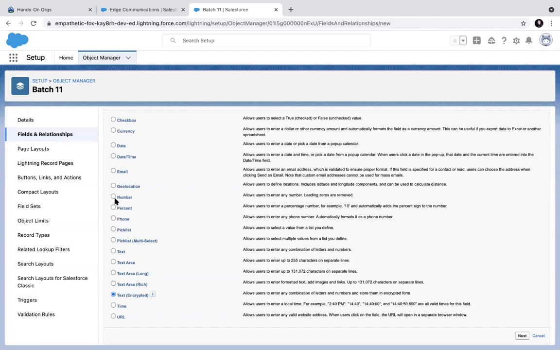There is a number field, where a user enters any number, and this also allows decimals. Leading zeros are removed. So if I have a number field, what is the point of a currency field? What is the difference between a number field and a currency field? Why can't I use a number field for storing currency? The currency can be like dollars, Indian rupees, or rubles. Yes. A number can be any number. It can't be specific about the type of currency we're talking about.